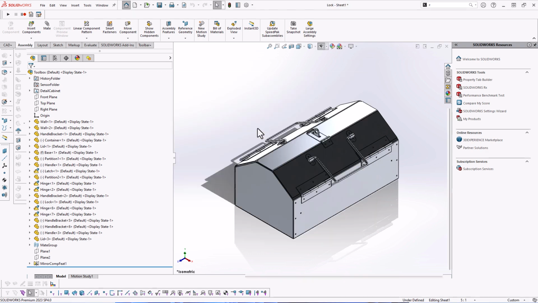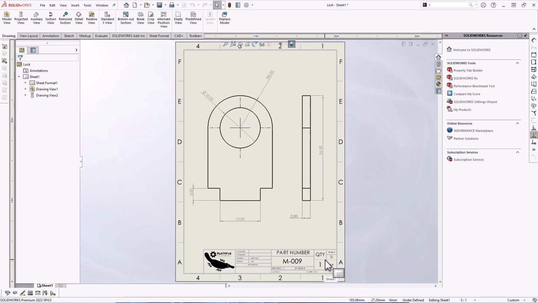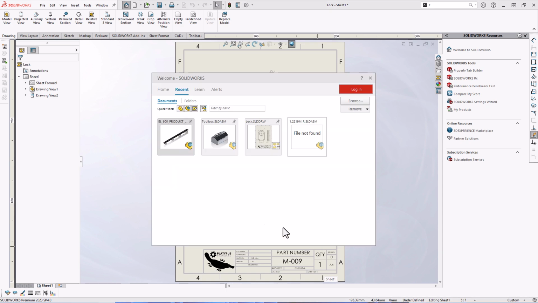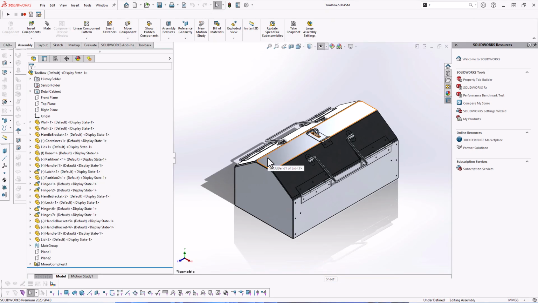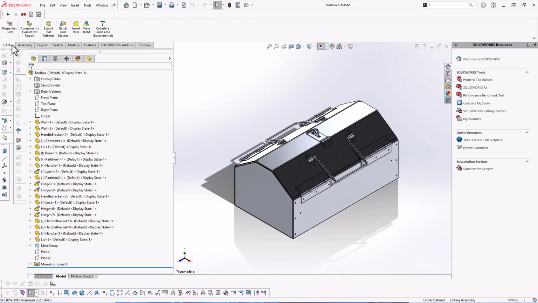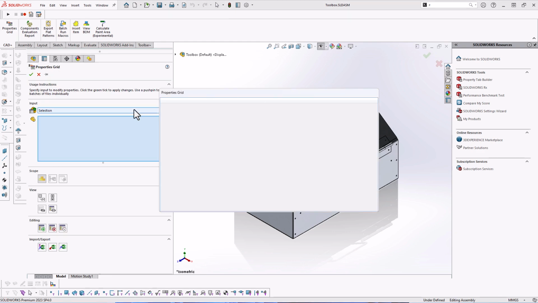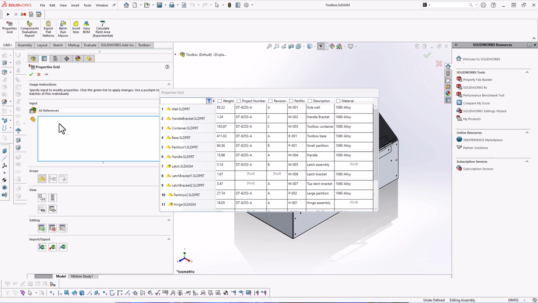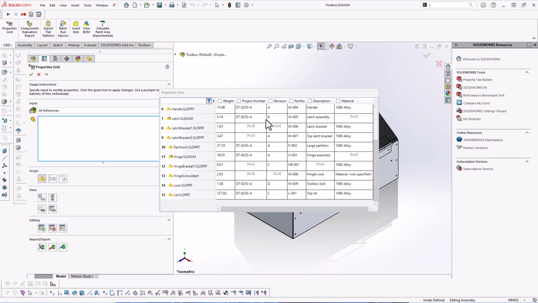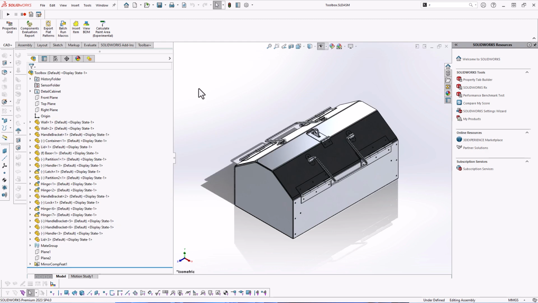Components of this assembly have their corresponding drawings. The drawings are using some custom properties from the part files, such as part number and revision. We can use Properties Plus tool of Cut Plus toolset to see all of the custom properties of all of the components in this assembly. So you can see there is a project number, revision, part number, description, etc. We are going to use this data to produce PDFs of all of the drawings of the components of this